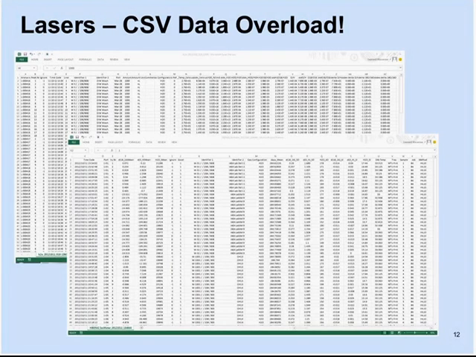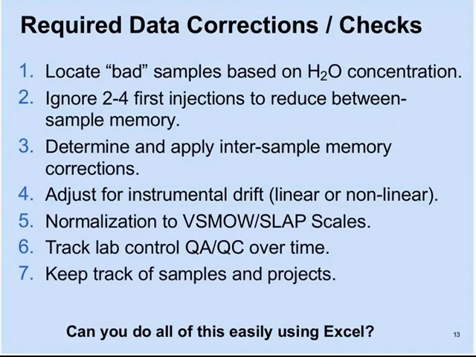Just a couple of examples here. This is the type of output files that you get from both suppliers. You get a huge CSV file. If you've got large numbers of samples, this is immediately the file that you're faced with trying to process. And what are those processes that you need to conduct? These are, I would say, 6 or 7 required data corrections and checks that you need to apply to that